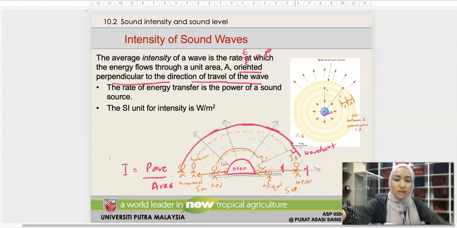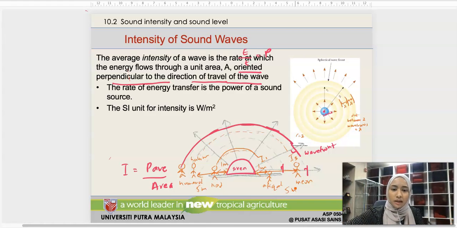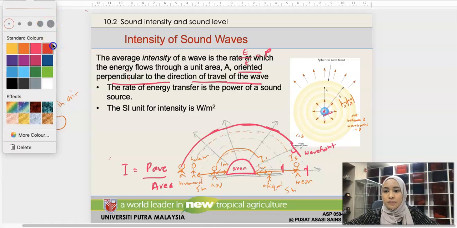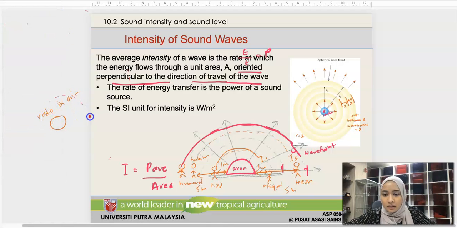Okay, so why does it look like a globe, right? Like a half, what do you call this? Sphere, half a sphere. Why does it look like a half sphere? Because if I have a radio up in the air, right? This is a radio in air. Obviously the radio will make sounds. It's playing some song, and it will emit sounds like this. Remember, sound is a wave, so it will emit waves